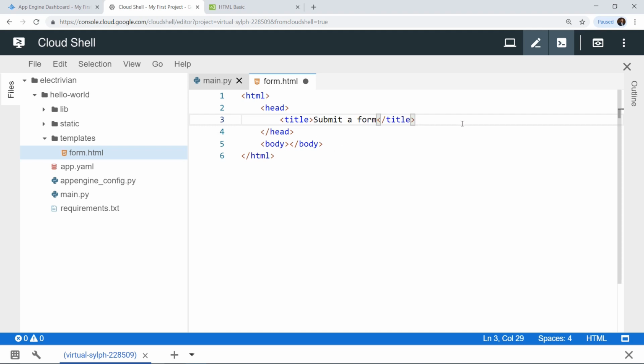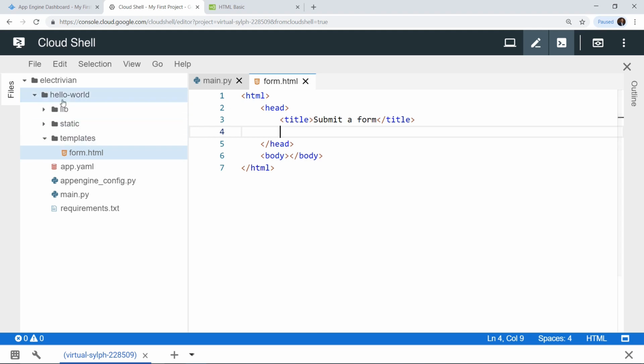Okay, and now after giving the title, we want to add a link to a CSS file. Okay, so a CSS file essentially stands for a cascading style sheet file, and this particular file contains all of the styles for our particular form. So the color, then the backgrounds, then the background opacity or the space from the right side or the left side of the screen, and all of these values like the positioning of a particular object, are controlled by a style sheet, which is a style.css file which we'll be keeping inside the static directory.